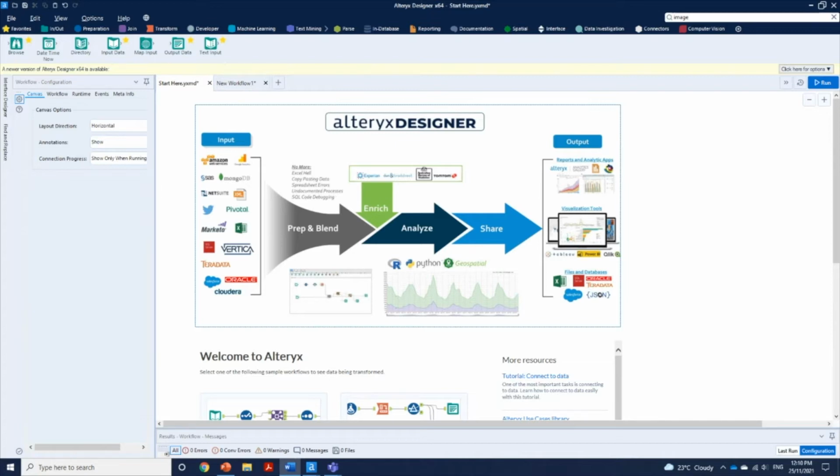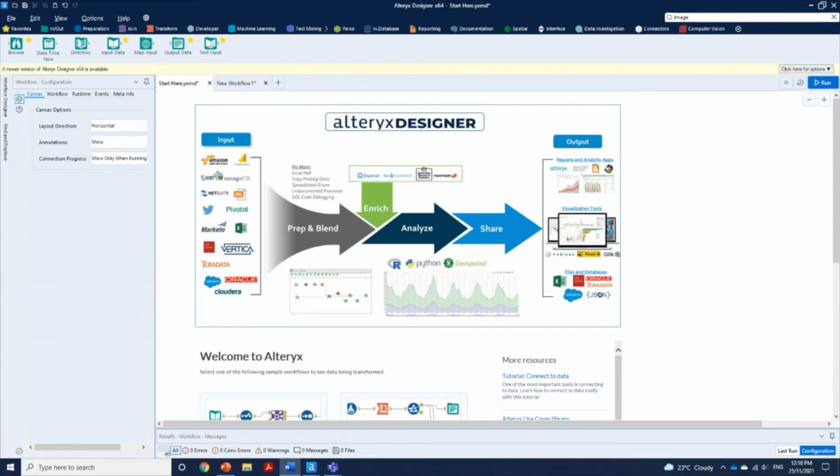Alteryx Designer is a platform where users can design, build, and automate workflows and processes. In Alteryx Designer, what you start off with is a blank canvas, as you can see on my screen. And what you can then do is drag a whole range of input files, whether it's flat files, including Excel, CSV, or to your data warehouse, SQL, Azure, Oracle, Teradata, etc., or to your CRM system, for example, Salesforce. By dragging these into the canvas, what you can then do is leverage all of the tool palettes available within